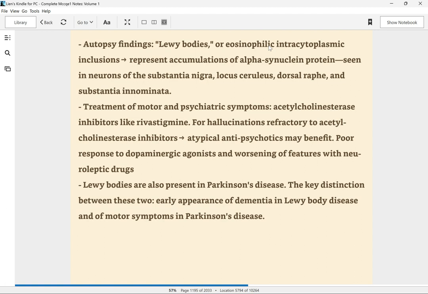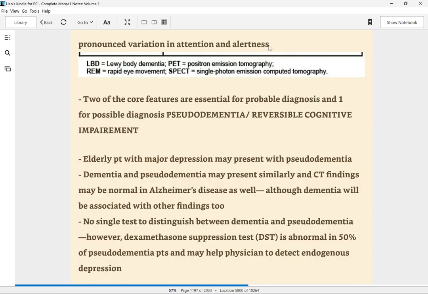Poor response to dopaminergic agonists and worsening of features with neuroleptic drugs. Lewy bodies are also present in Parkinson's disease. The key distinction between these two is early appearance of dementia in Lewy body disease and of motor symptoms in Parkinson's disease. With pronounced variation in attention and alertness, 2 of the core features are essential for probable diagnosis and 1